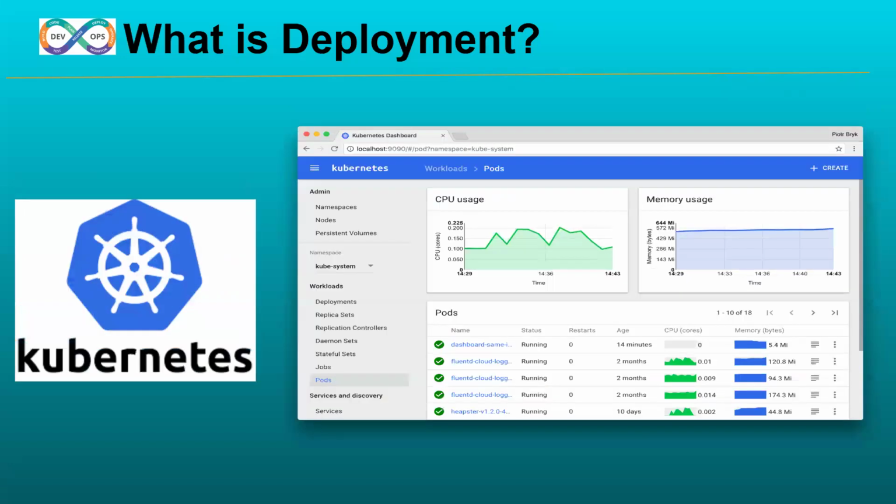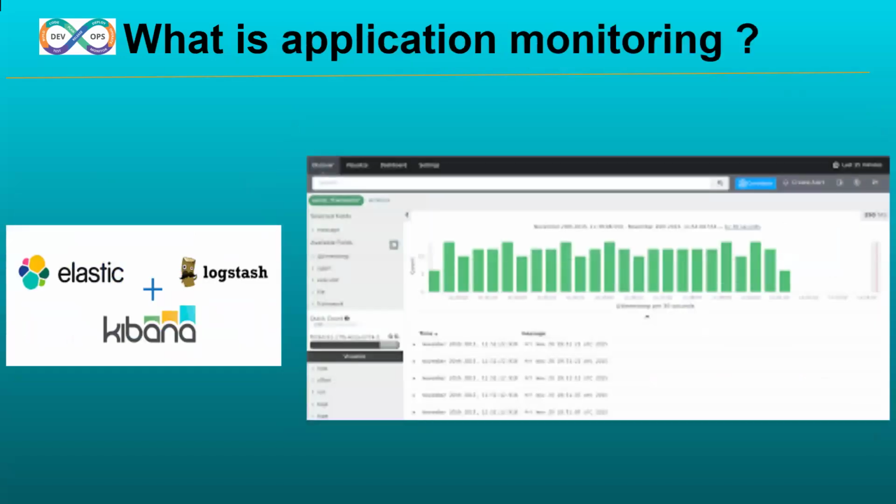But these Docker containers can be managed and controlled by Kubernetes. Kubernetes is an orchestration tool. With the help of Kubernetes, we can manage or control our Docker containers. And we're going to be learning the Elastic Log Stack after placing our applications on hundreds of servers or containers.